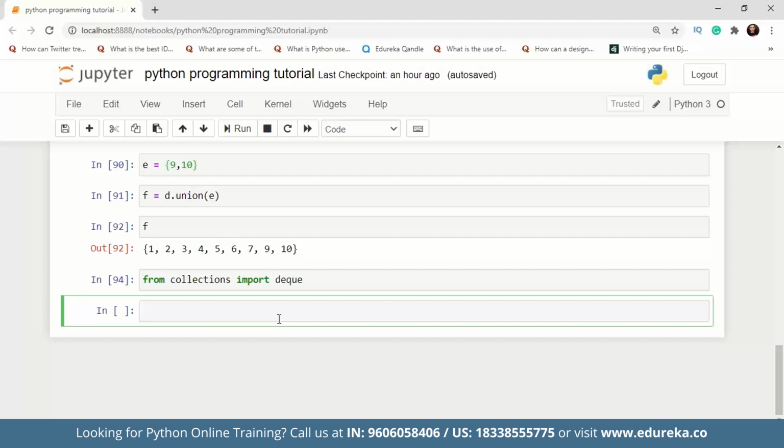And then we have the ordered dictionary. It is basically a dictionary subclass which remembers the order in which the entries were added. Even if you change the value of a key, the position will not change because of the order in which it was inserted in the dictionary. So this is a very good advanced data structure, guys. It keeps track of which value came first, even if you have changed the value of the key. So that is one advantage there.